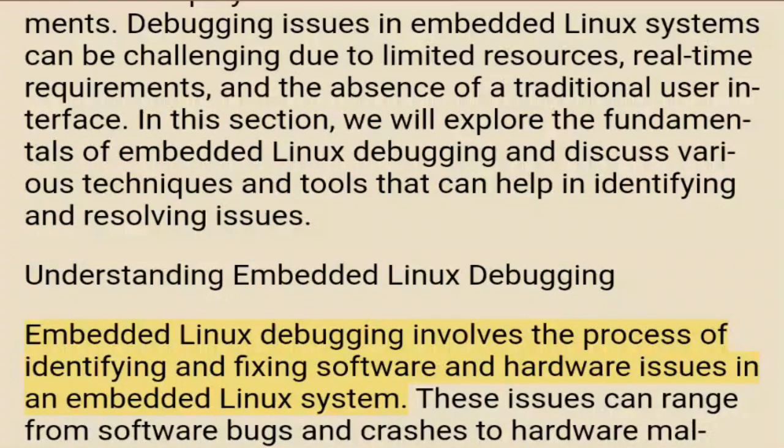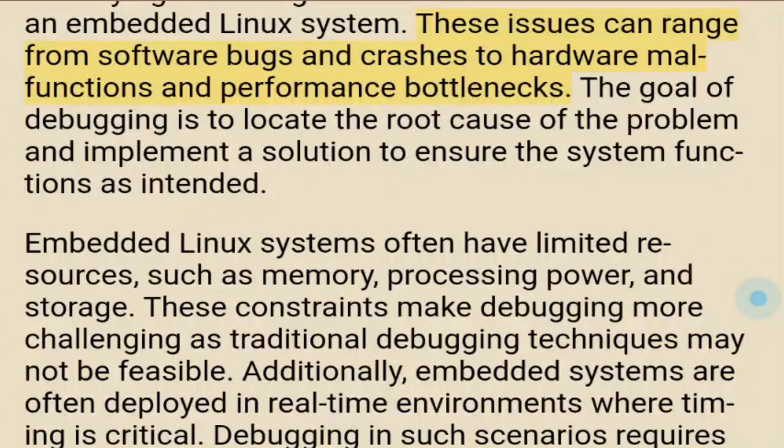Embedded Linux debugging involves the process of identifying and fixing software and hardware issues in an embedded Linux system. These issues can range from software bugs and crashes to hardware malfunctions and performance bottlenecks. The goal of debugging is to locate the root cause of the problem and implement a solution to ensure the